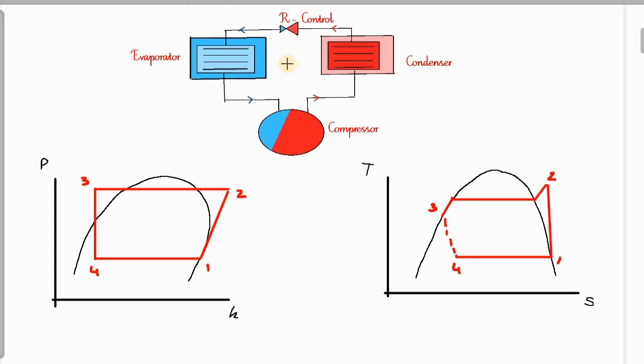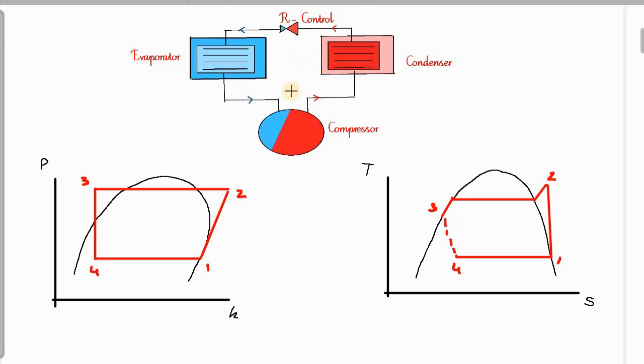Simply, the definition of this system is that it is a system from which we can create a cooling effect with the help of a compressed refrigerant. These are the four basic components in the vapor compression refrigeration cycle: first the compressor, second the condenser, third the refrigerant control, and fourth the evaporator. In this system, to create the cooling effect, a working substance is used as a refrigerant, and the function of the refrigerant is to carry heat from one surface to another.